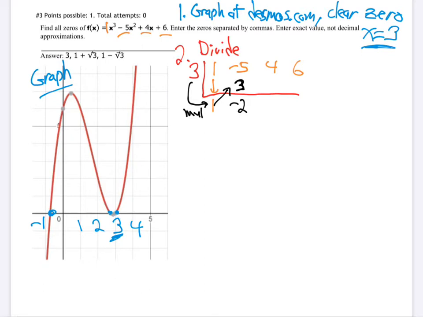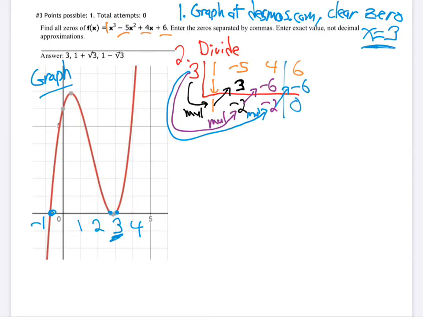Next, I'm going to take that 3 and multiply. 3 times -2 is -6. 4 minus 6 is -2. Last step, 3 multiplied by -2 is -6. No surprise, 0 remainder. That tells us that the 3 goes in perfectly and that the 3 really is a